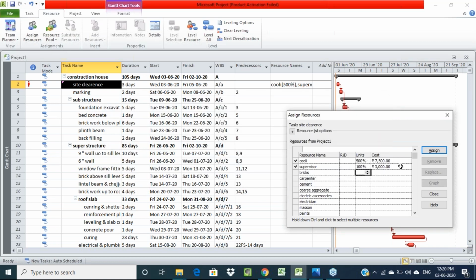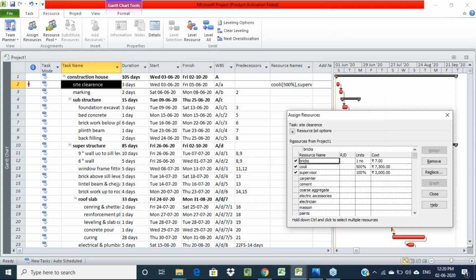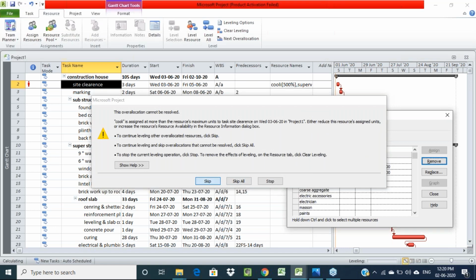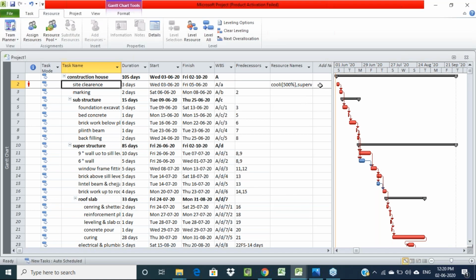See here, 500%, five persons we are using. So whatever resources we wanted, we have to select those along with the number. Then close this tab. Here you can see in the resource column, coolies are 500%, which represents 5 numbers, and supervisor is 1.